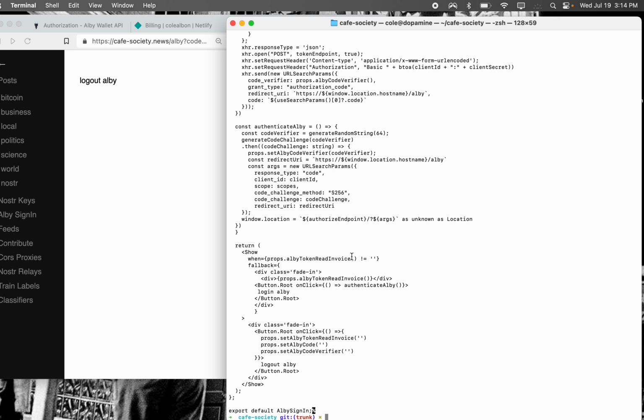So at the end of that clicking around session with alby, we end up with a token from them that allows us to read invoices of the user that's logged in. So if we've got that token, it says show it. If we don't, then we fall back to the login button and a little program to initiate the authentication. So the authentication is OAuth 2,